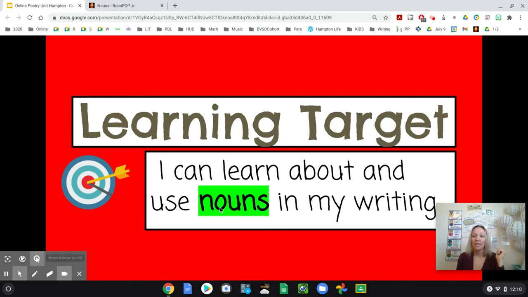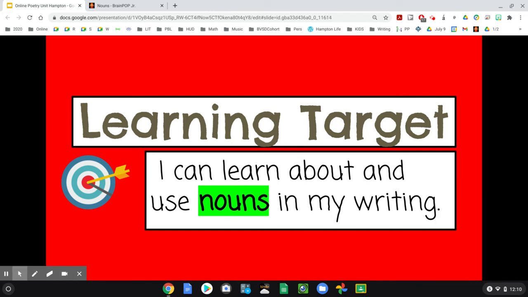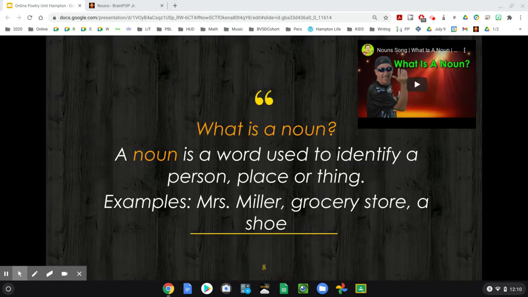Woo! So today we're really focused on nouns. Now, what is a noun? A noun is a word used to identify a person, a place, or a thing. For example, Mrs. Miller, a grocery store, a shoe.